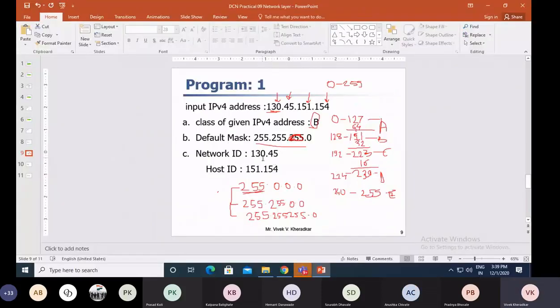So what is the network ID? How to find network ID and host ID? Tell me what is network ID and host ID. What is the network ID of class A?